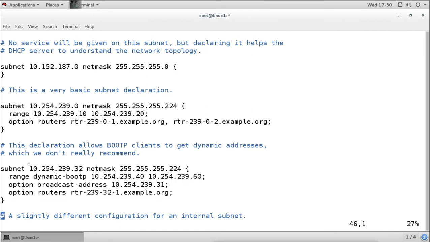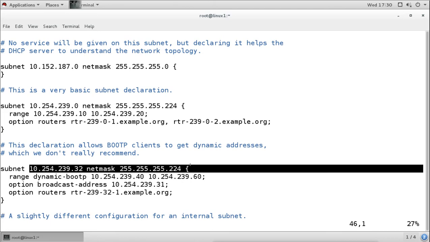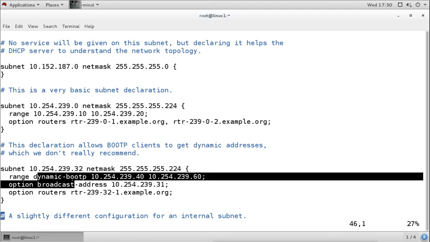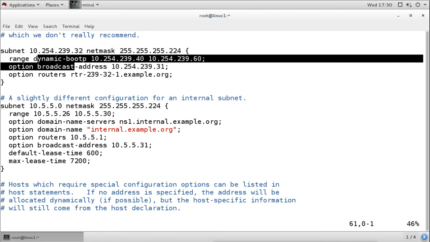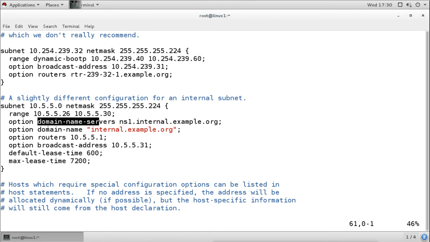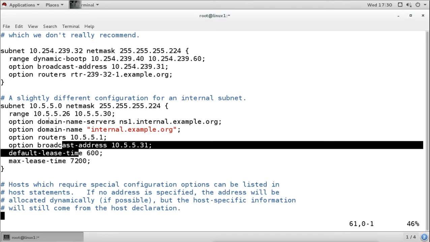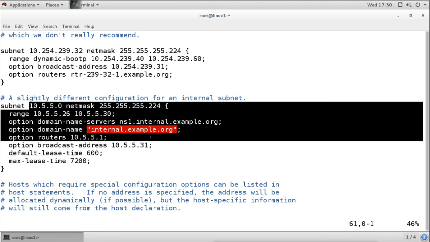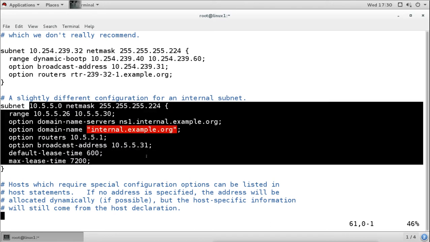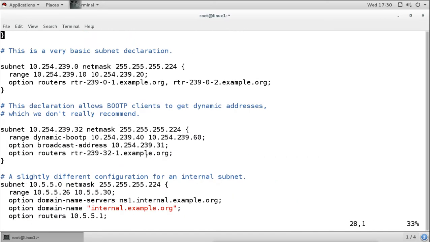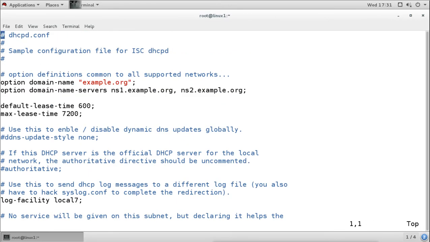That means for this subnet, for this pool, these options will be there. For example, DNS server, domain name, router, lease period, all these options will be for this particular pool or particular subnet. Now we can have these options here also.